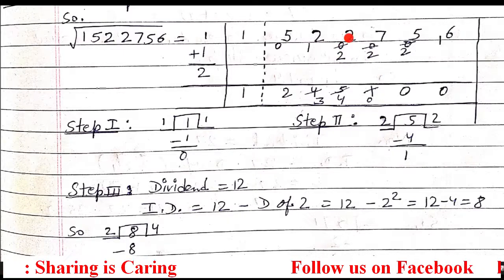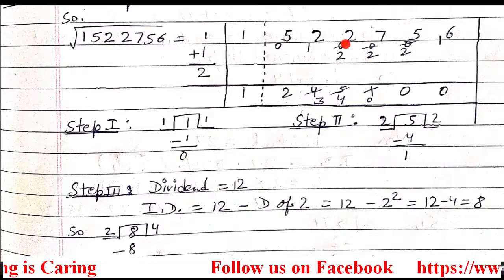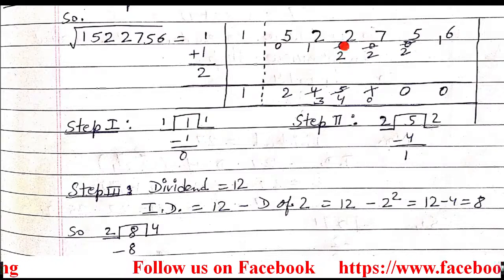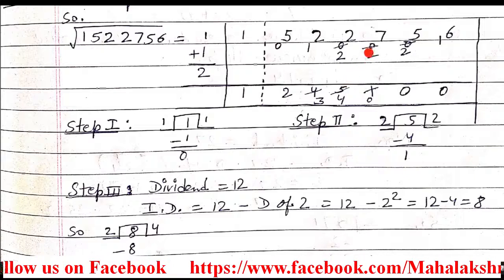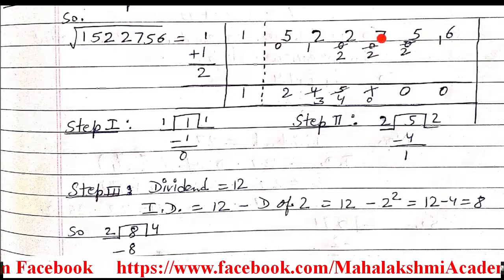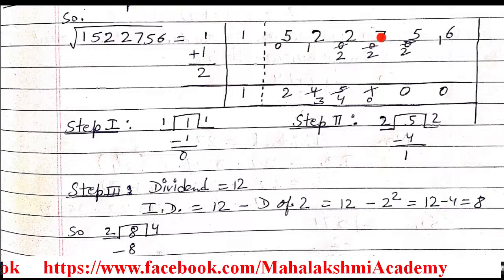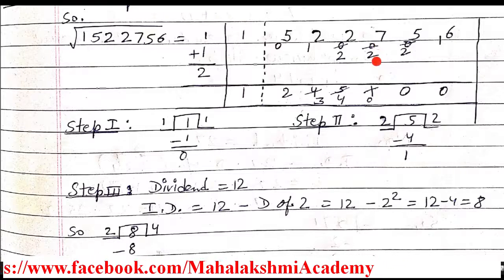That is 22 we have divided, meaning the improved dividend we had divided. So its answer was, quotient was 5 and remainder was 0. Now here the dividend is 07. Now this 07 we have to improve again. So just draw an imaginary line.